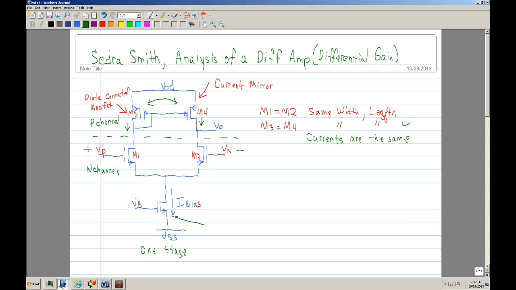Another critical thing to remember is that when you have a diff amp, you have a current source. This is your current source, and it sets the bias current that's actually going to flow. This will typically go through a current mirror, and so forth. If these two are matched, then this I bias